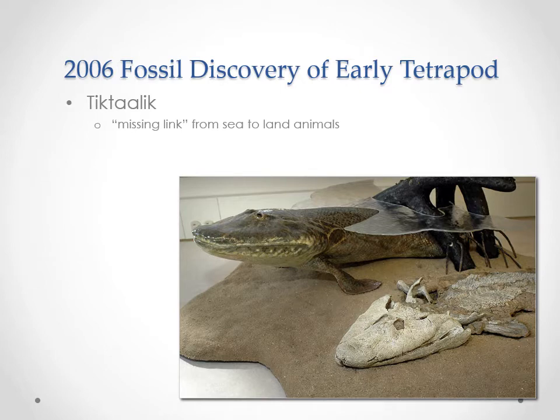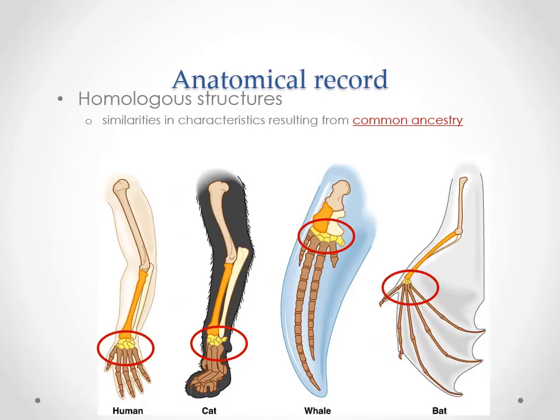It is the missing link from sea to land. Now, in our anatomical record, we see homologous structures. This shows that we have a common ancestry. So human, you see that we have the